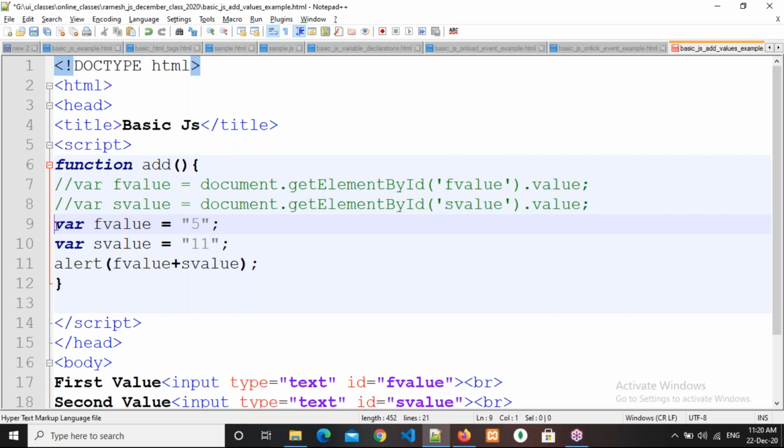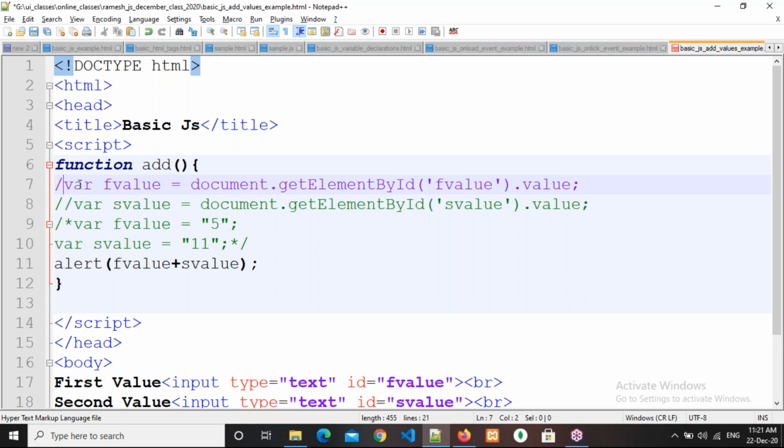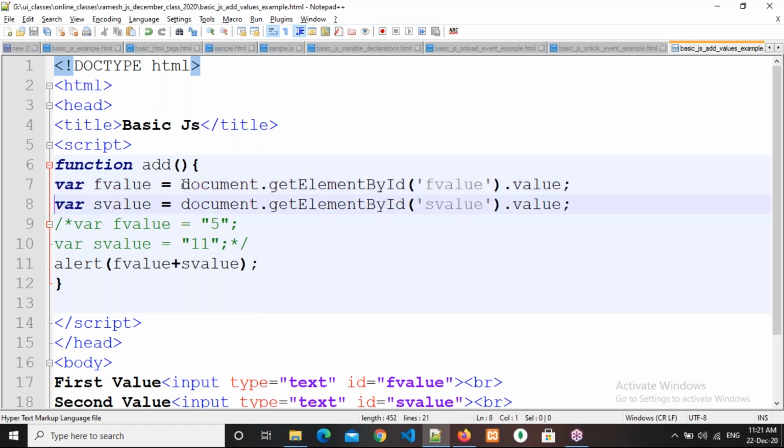Okay, right. So now what do we need to do? We need to convert that into an integer, that means a number. Whatever value we are getting, so what I need to do is parseInt, so that it will be converted to an integer.